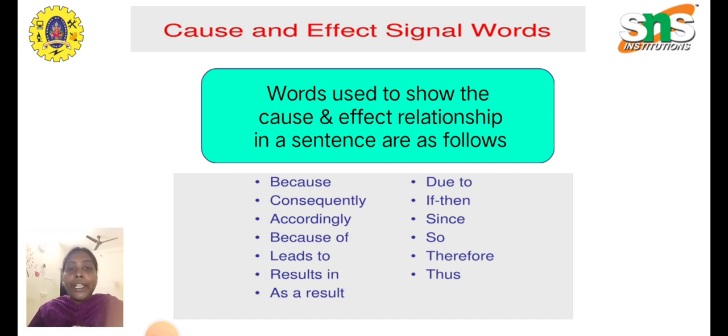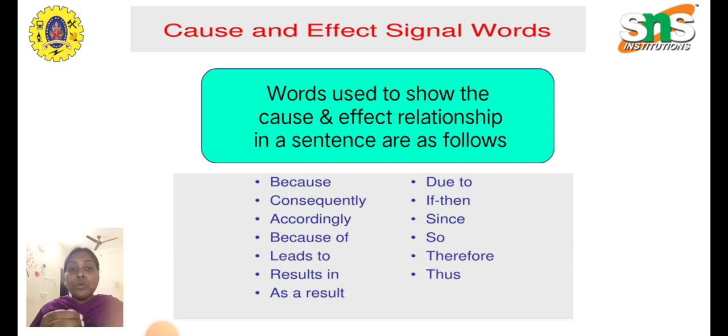This is the right place to mention the term because of. You are not supposed to use it actually. Instead of that, if you want to use the signal words since and as, you have to use these two terms in the beginning of a sentence alone. Suppose I want to use expressions such as as a result, therefore, consequently, hence, due to, and all,